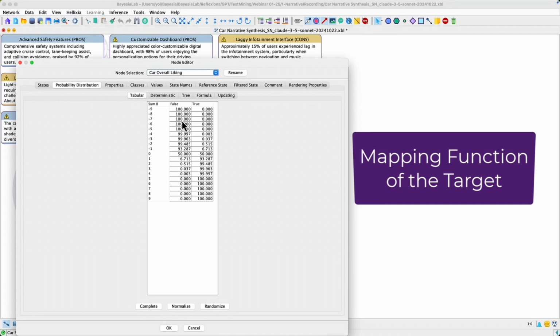We have to convert these numerical values into a Boolean node, so a node that has 2 states here, true and false, right? So here, when it's negative, it's mainly false. When it's 0, it's 50-50, and then it goes to 100% when it's positive, 100% true. So it's a sigmoid that is automatically created here, right?